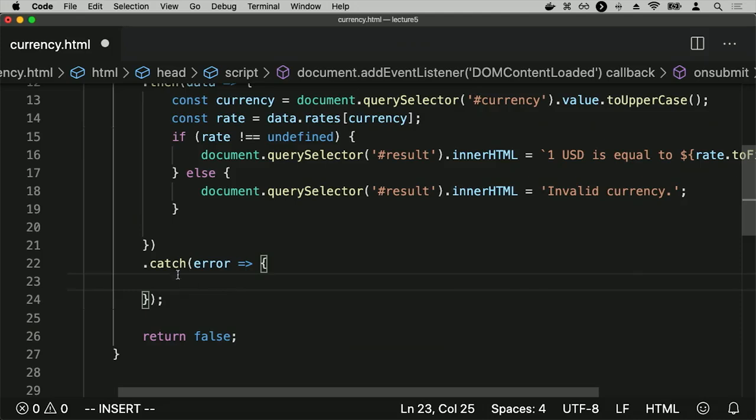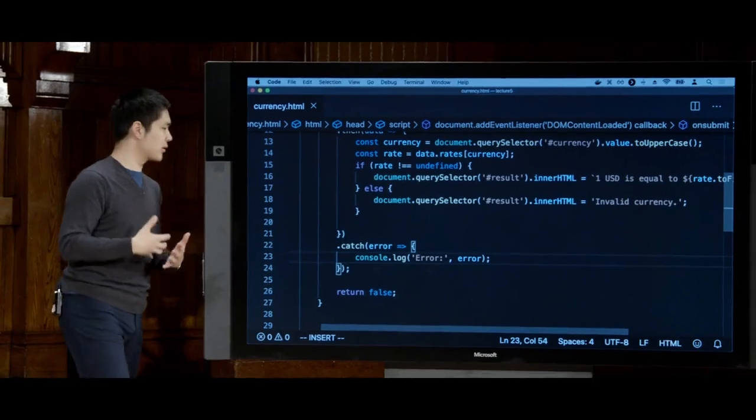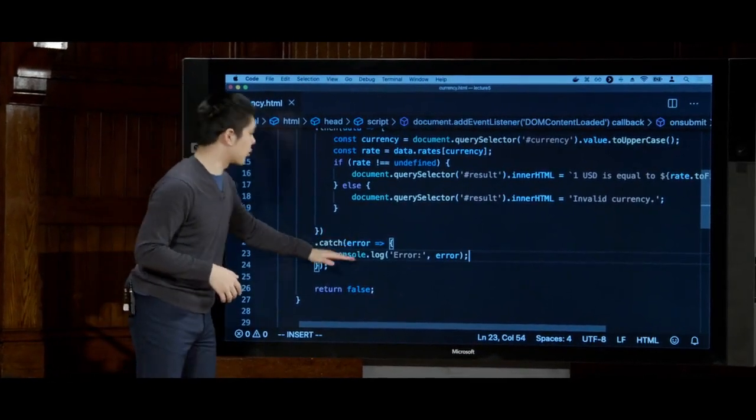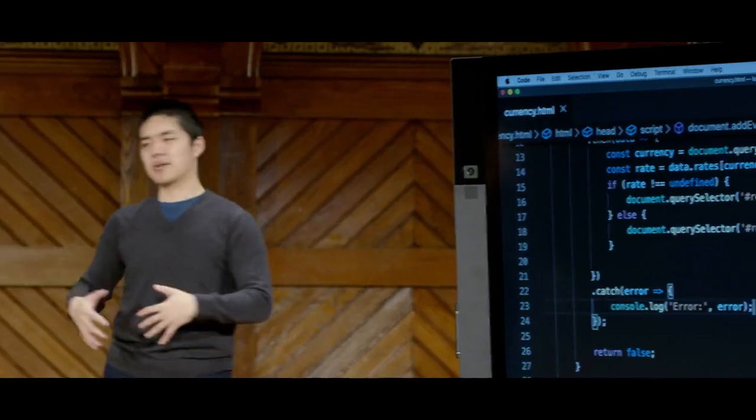So I can say catch the error, and what I can just do is say console.log error, and then log the error there. And all that's really saying is that if anything above goes wrong with the fetching and trying to process the response, it's going to catch the error, and then we'll just print out to the console that something went wrong, some error message happened. And so that can be a helpful nice to have just to make sure that when things crash, they crash in a predictable way, that you're able to see exactly what the error is just by looking inside the JavaScript console. And so now we have a fully working web page that is able to communicate with an external API,